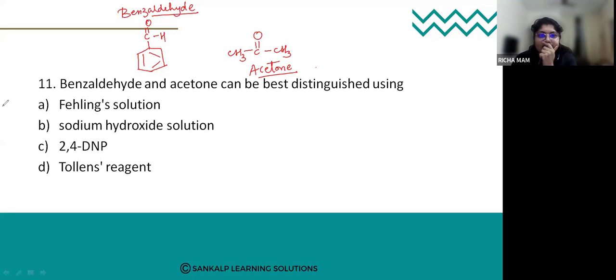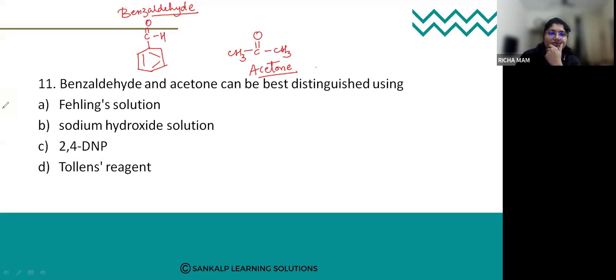Many answers I've got. So Lubna has answered it as D. Yuvraj has answered it as D. Baby has answered it as D. Amulya, Sri Varuni has answered as D. Srujana has answered as B. Okay. So benzaldehyde and acetone. So when we see benzaldehyde,